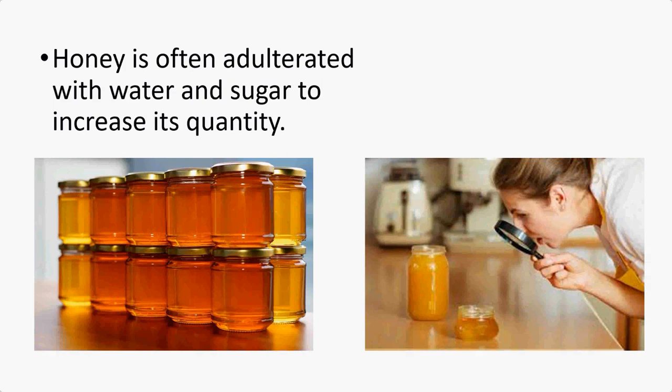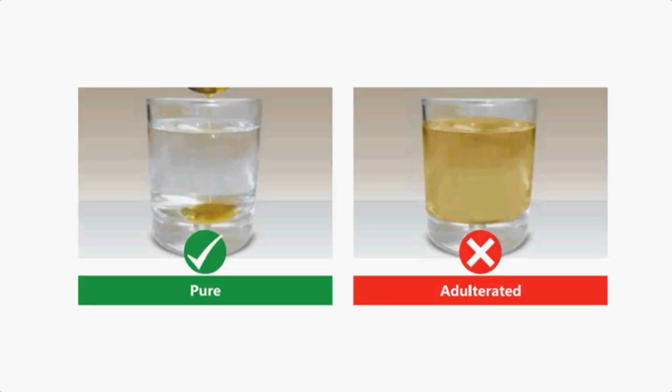Ma'am, I know another way to find whether it is a pure honey, ma'am. Yeah, what is it? We should pour honey in a bowl, ma'am, and we should pour water in it, and we should shake the bowl. If it's a pure honey, that honey will come in a honeycomb shape, ma'am. If it's impure honey, it will not come, ma'am. It will just mix up. Yes, that's what here also.